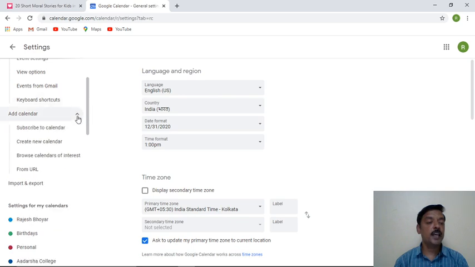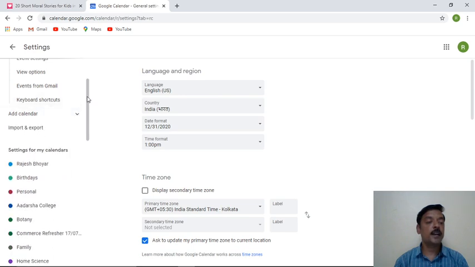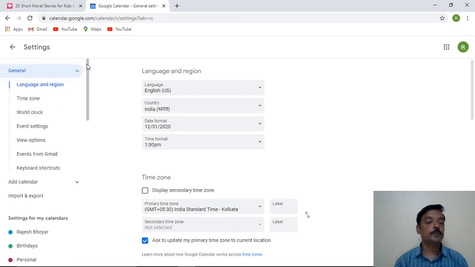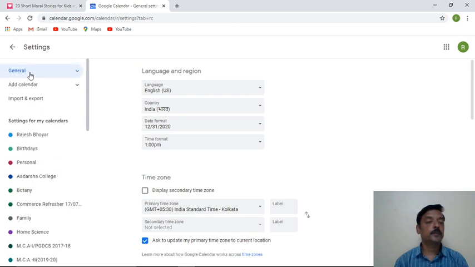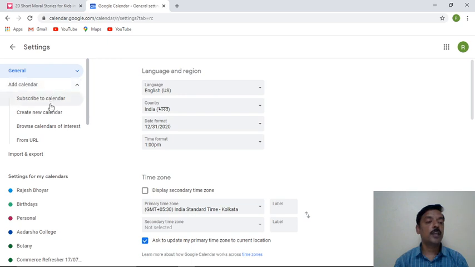Now once this calendar has been created, the next part: we'll see what the different activities are which you can carry out under this calendar. Of course you can create or add any calendar, just like just now we have created a particular calendar.